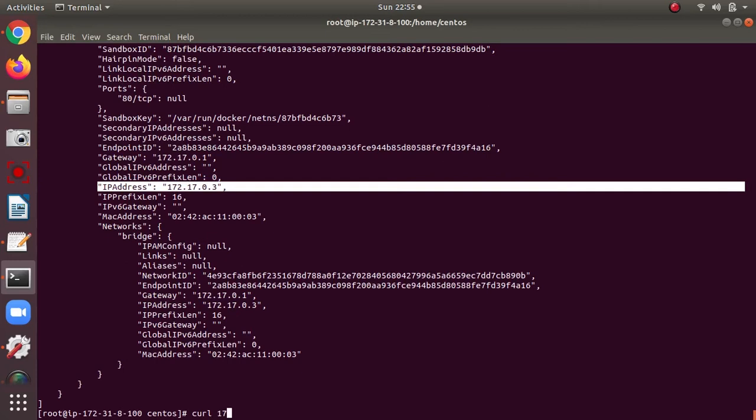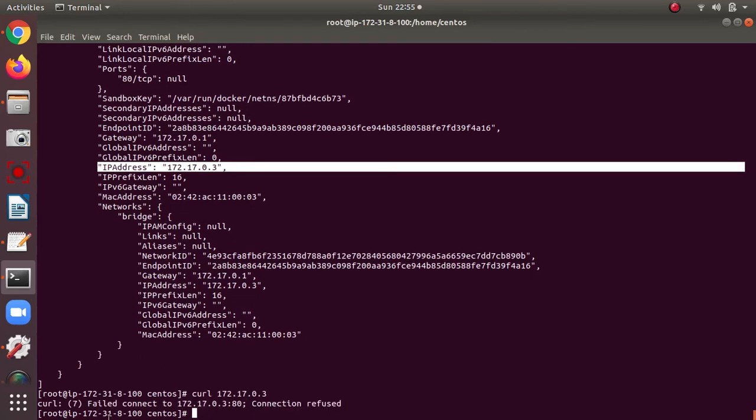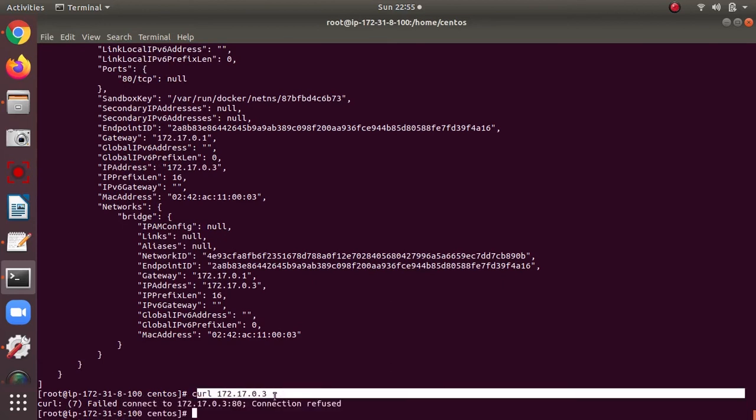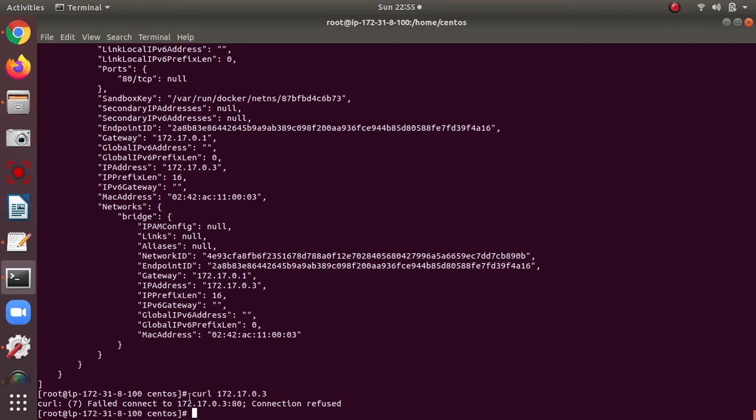When I curl this IP on the host machine, I am typing on the host machine, CentOS 7, not in the container. Curl 172.17.0.3 shows connection refused. It does not get redirected, and it does not allow me to get into the container and pull the index.html. Curl acts as a CLI browser.